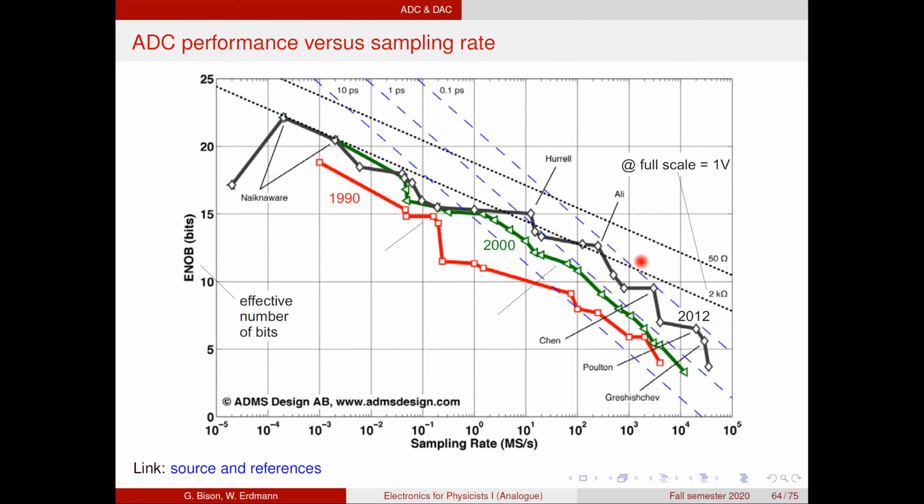Between here and here, we lose 10 bits in resolution. This is a factor 2 to the 10, so 1024, or 3 orders of magnitude between here and here in resolution. So if it goes with the square root, it must be 6 orders of magnitude in sampling rate, and that's exactly the case. So it's 1, 2, 3, 4, 5, 6. So we got here. So those lines here are basically simply the square root law that we always find in